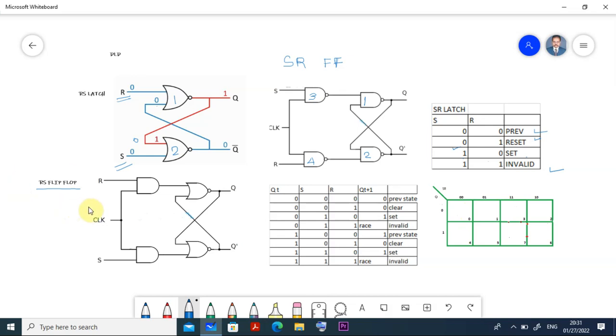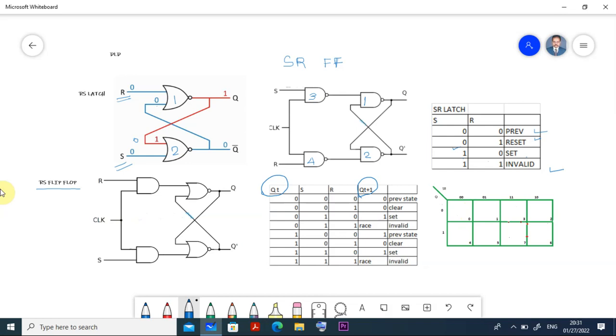So in this way, I am going to the flip flop, your RS flip flop. In the RS flip flop, what happens? Let us see. I am putting some Qt here, and here it is Qt plus 1. What is Qt? Qt is the previous value, and Qt plus 1 is the current value. You got it now? So Qt is already in the memory, and after the proper operation, the new value becomes Qt plus 1.